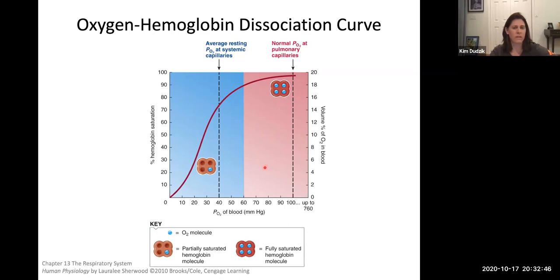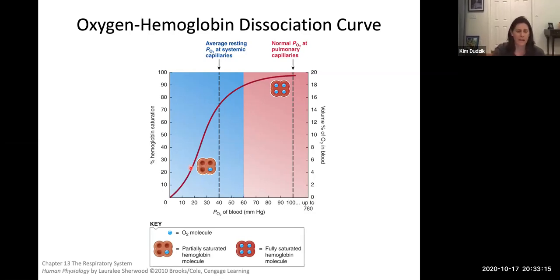So that's how this transfer works. Let me just tie this together for you now. So this is why at the lungs, with that pressure gradient, the partial pressure gradient, hemoglobin is attracted to oxygen and it binds it. Down at the tissues, the pressure gradient switched. Down at the tissues, it's a lower partial pressure, so hemoglobin releases its oxygen.